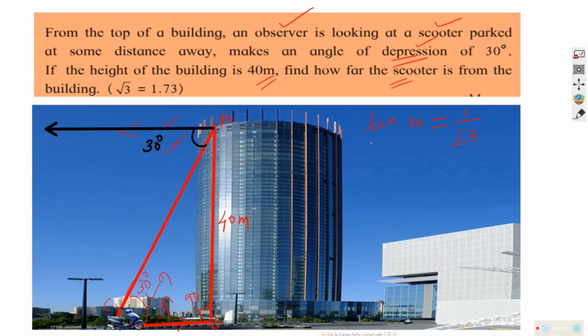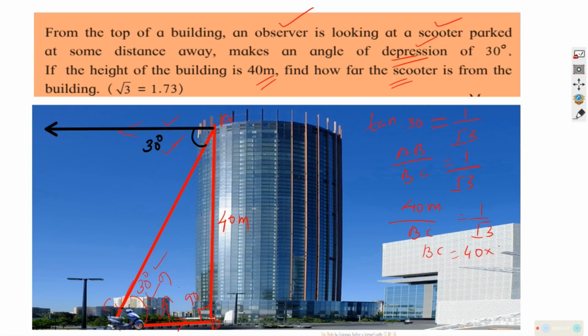So we will substitute that. Tan 30, opposite side AB upon BC is equal to 1 upon root 3, in which we know AB is 40 meter the height and BC is unknown, and BC is equal to